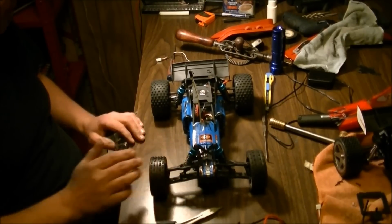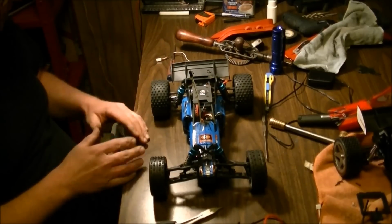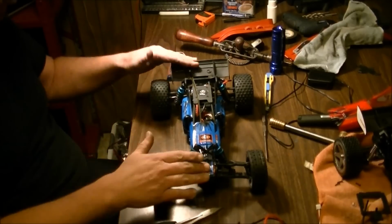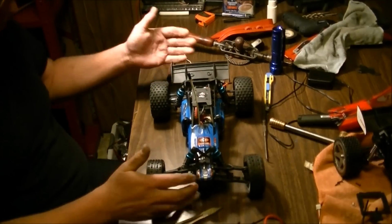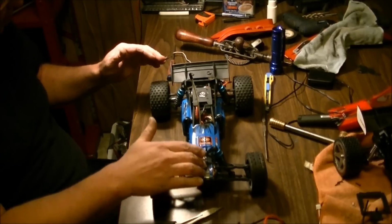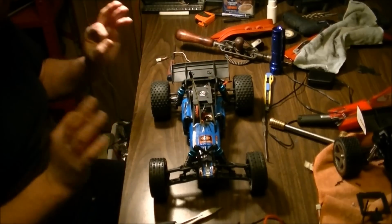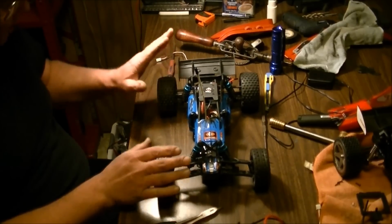So it actually does pay to check things over, but I didn't feel like just ripping everything apart at once and saying, okay, is this all okay? It felt okay, but then after that run, it's like, something's not right. But now everything's smooth as glass, and it's loosened up, so it's more springy. So I'm really appreciating that too. So we're going to, of course, do another test run now that we got a beautiful working suspension. But you can put